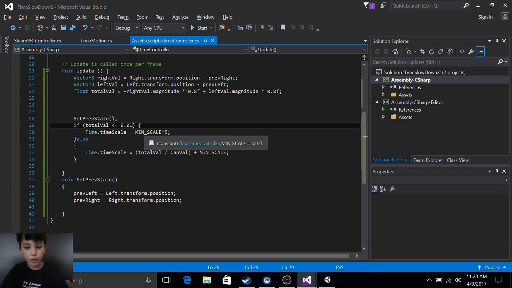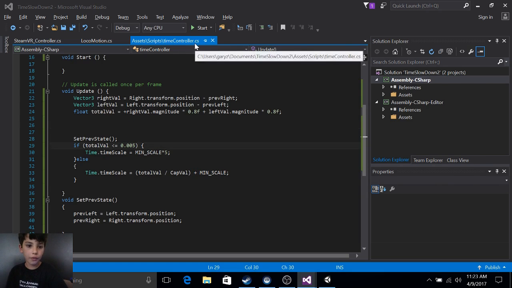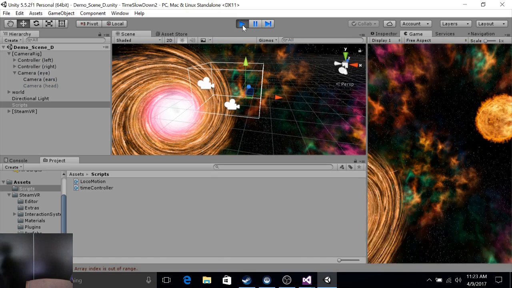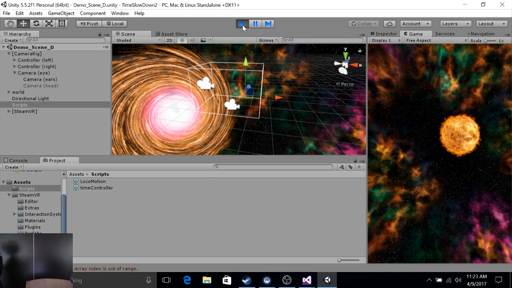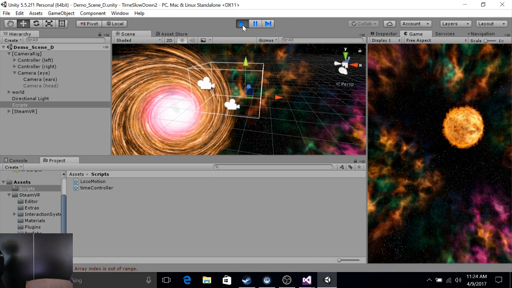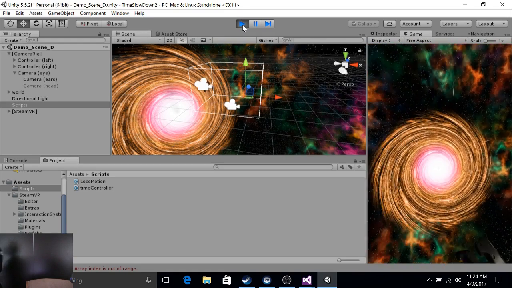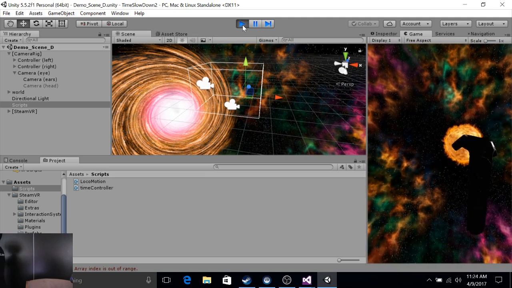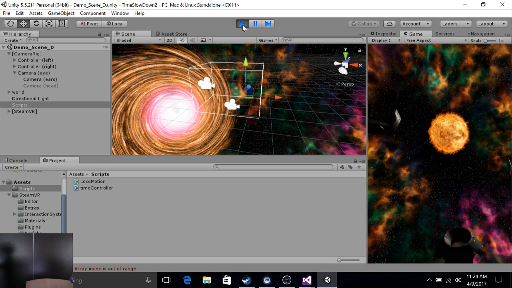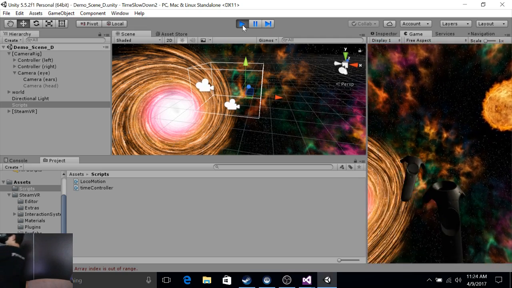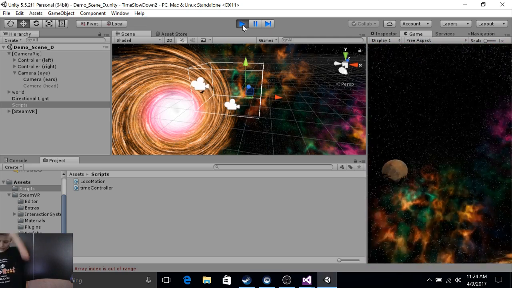Instead of 0.1, 0.05. I think that'll really do it. And I think we need to set this time scale to higher. Time scale has to be much higher because the average speed is like, we'd be doing stuff like this. Okay, so